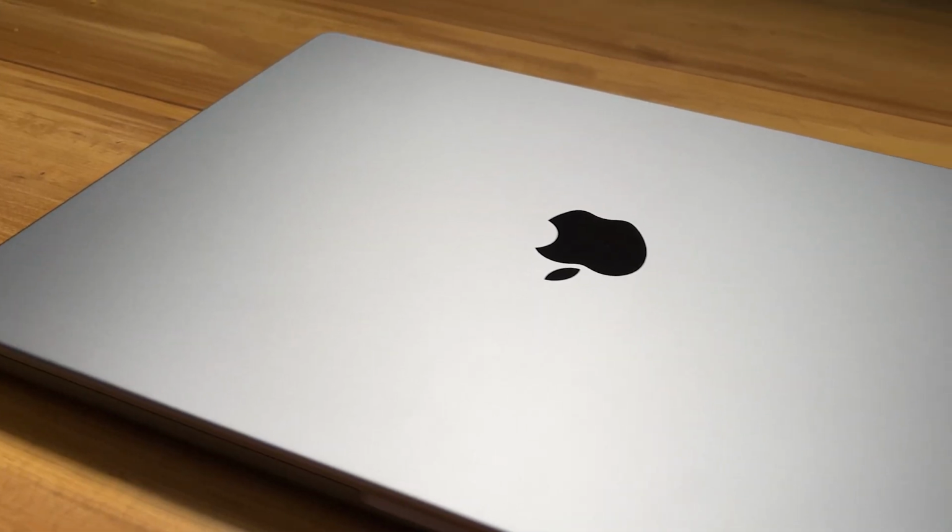So the first reason, definitely not like number 1 reason, but it's the design and size. And there's 2 parts to that. First of all, maybe you want to go with the 14-inch. I almost would recommend that. Part of me, just like this much of me, wishes I would have just went with the 14-inch because the 16-inch is so big. But that other side, the part of me that makes me want to keep it is